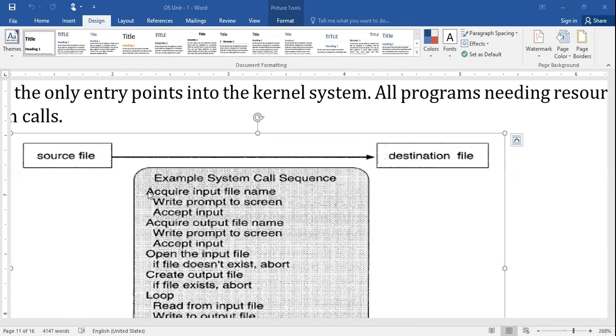This process is happening, but internally, how the contents are copied from one place to another is, first, acquire the input file name. First you need to specify from where you want to copy the content. Suppose you specify sample.docx where your content is present. Okay, internally, once it acquires the file name, from where does it acquire it? From the keyboard.